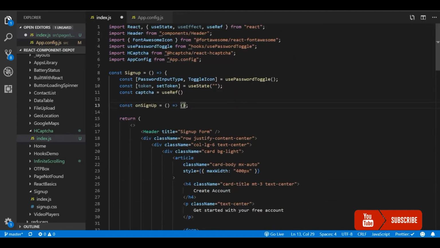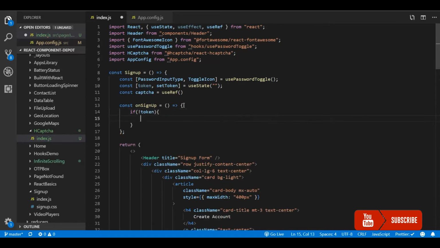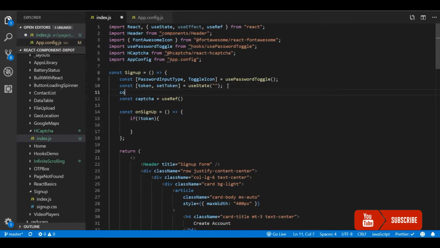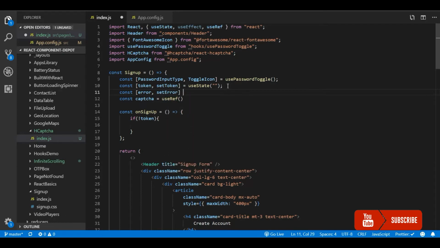Now let's focus on our sign up part. Once the user clicks on sign up, we need to first verify if the user has actually verified the captcha token. If the token is empty, I'm going to show an error saying you must verify that you are not a robot. For this, let me have an error message state to display the error message whenever it happens.